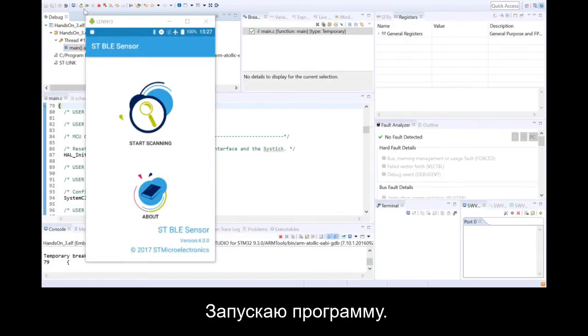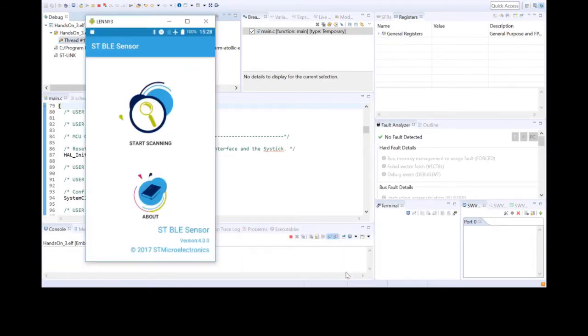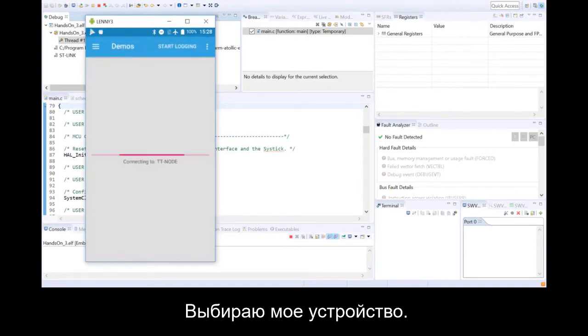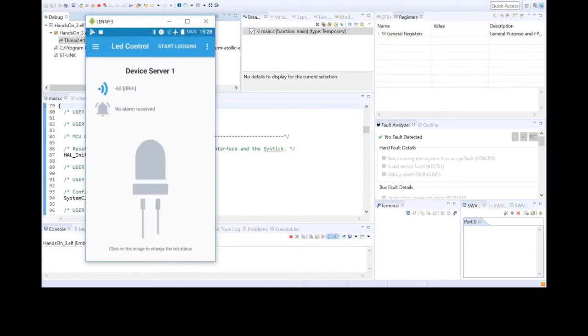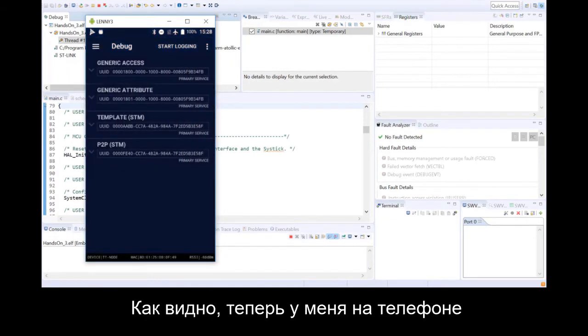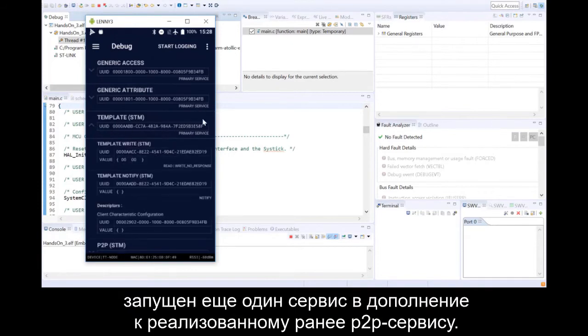So I need to resume my running behind me. I'll now start scanning. Yep. And select my node. So now in my menu I have a debug feature, and you can see if I expand template that I have a new service running on my mobile phone compared to just the P2P service we had earlier,